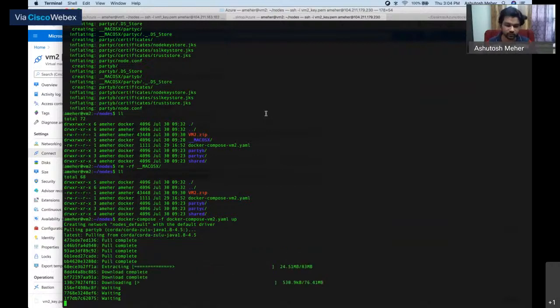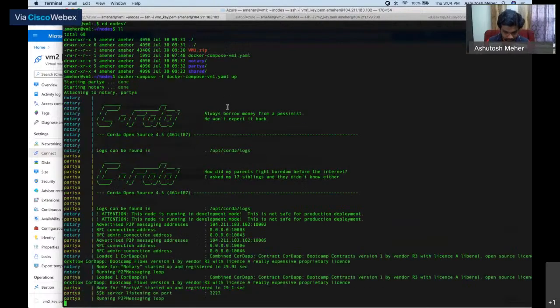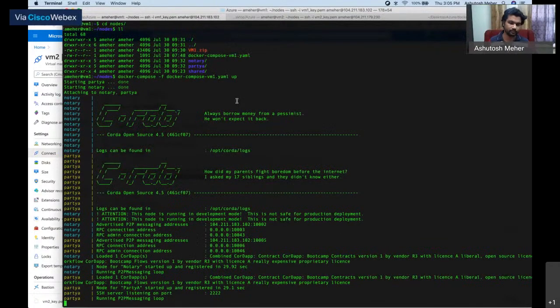The containers are trying to create some files in the file system of the remote VM, which it is not able to do because we haven't set the correct permissions. These are the things which you can take care of later on when you deploy. But for now, my nodes are up. I would say the same issue here, I guess. But the good thing is both of my nodes are up and running.